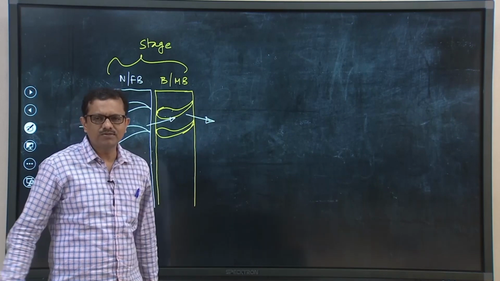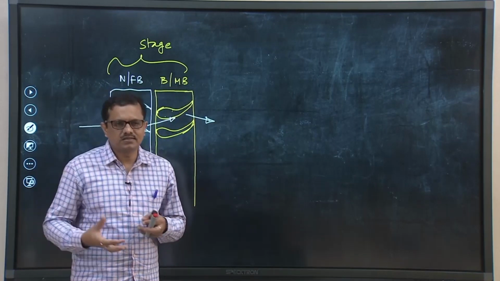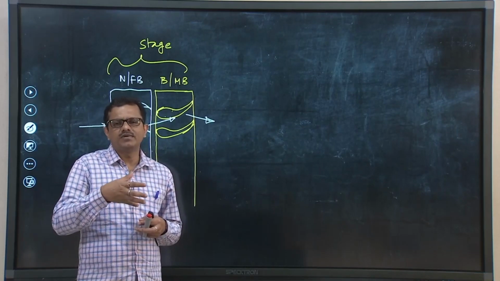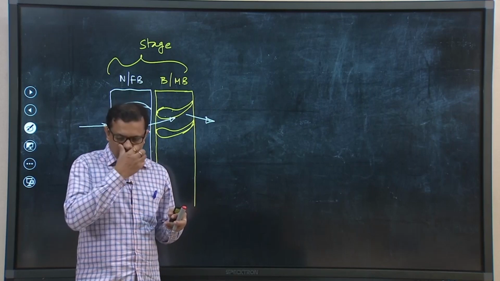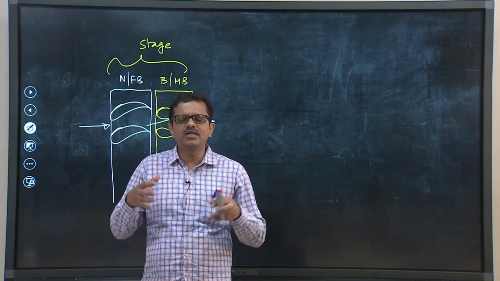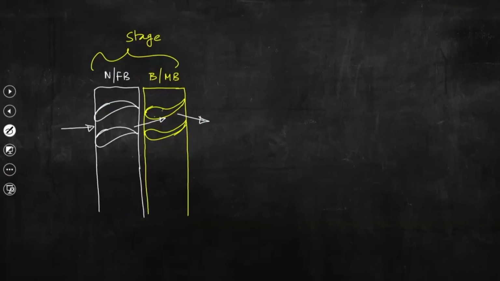We have discussed this particular aspect, that how many stages are required for the efficient operation of a turbine unit is totally dependent on the total enthalpy drop. So, if we try to draw the pressure and velocity variation, so now if we try to draw the velocity of steam,